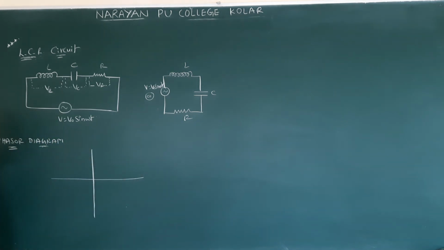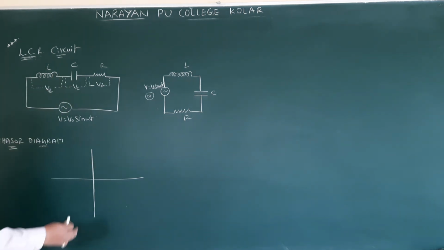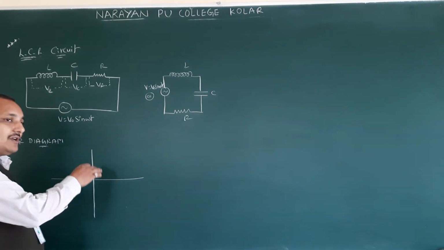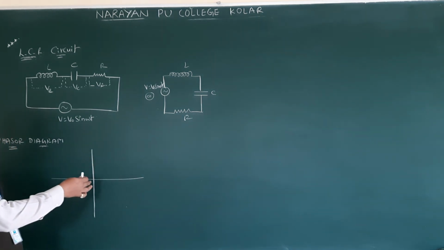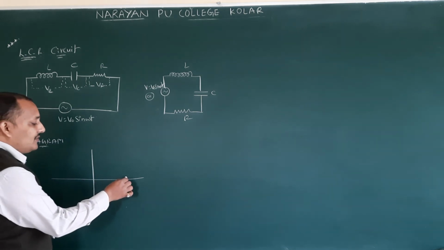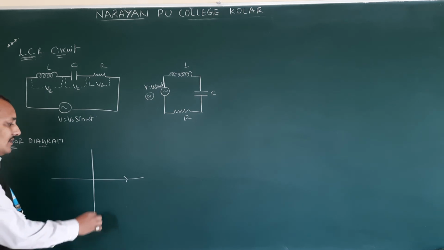So I gave the phasor diagram for the LR and CR circuits. Did you remember? LR and CR individually. Now it is a combination of these three. I am not drawing the textbook diagram. This is also one of the textbook diagrams, which Bosco will follow. So I am going to draw according to the textbook, and that one you can easily understand.